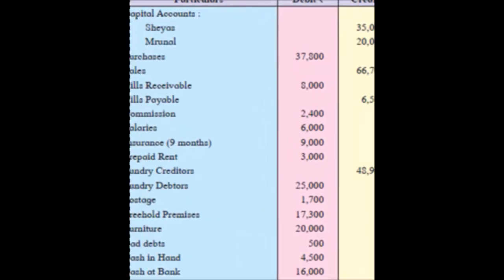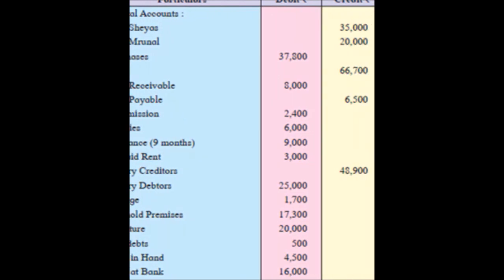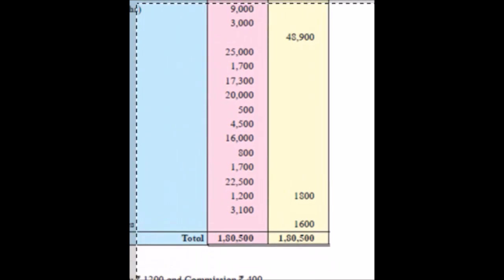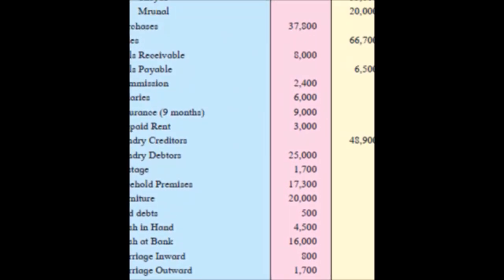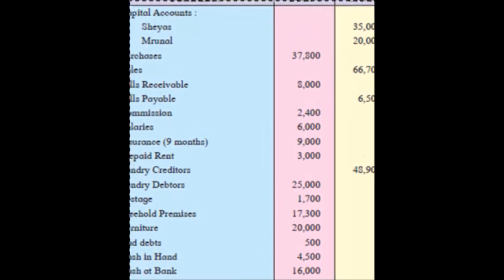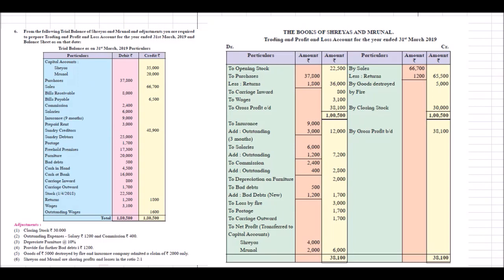So we know how to pass the entries of the trading account and the P&L account, and next is the balance sheet. These are prepared using the trial balance. We are going to solve the trading account first. So we have closing stock adjustments. We can see the first adjustment is closing stock rupees 30,000, and outstanding expenses: salary is rupees 1,200 and commission